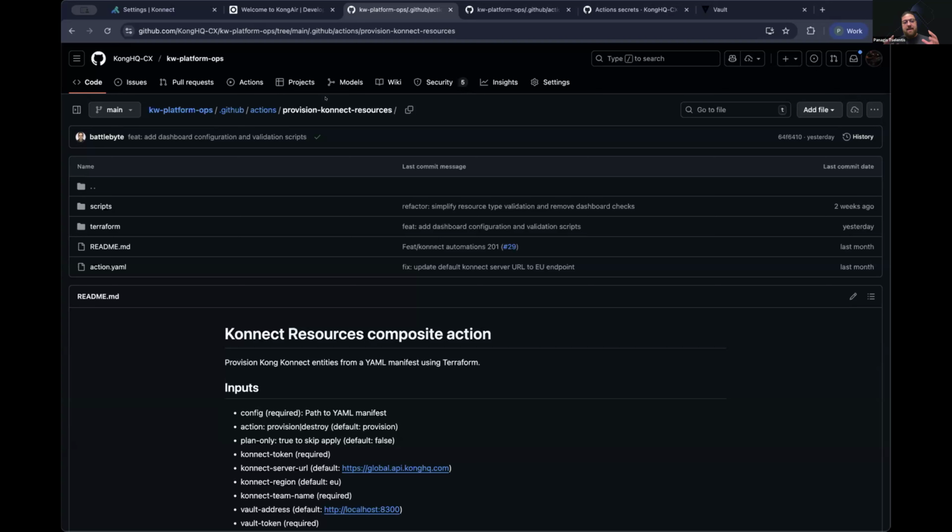So what we have here is an action that allows the application team to define in a declarative way the components they need to provision in Konnect, right? And then the application team can actually call this action, and this action will take care of provisioning the respective